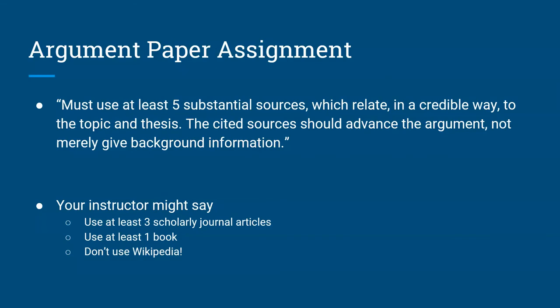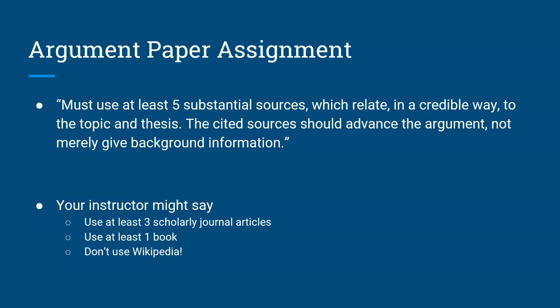When you get a research paper assignment, you're often given parameters for the sources you are to use. For the argument paper, one of the parameters is that you must use at least 5 substantial sources which relate in a credible way to the topic and thesis. Your instructor may also require you to use at least a certain number of scholarly journal articles or books. Of course, you should follow these parameters, but instead of jumping into a search and taking the first 5 results,